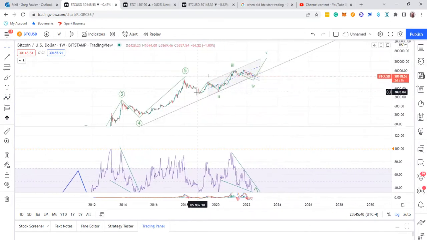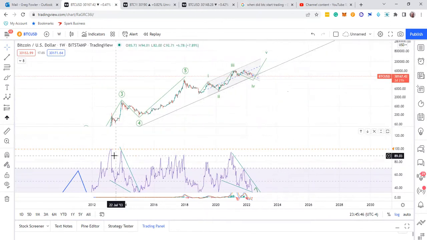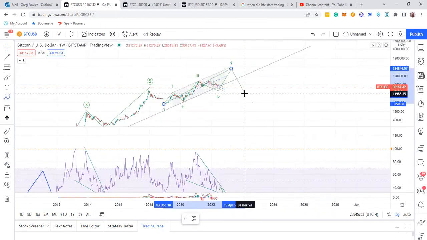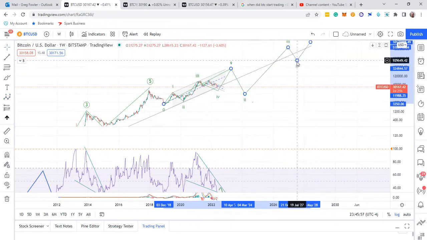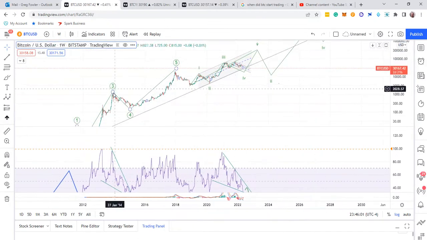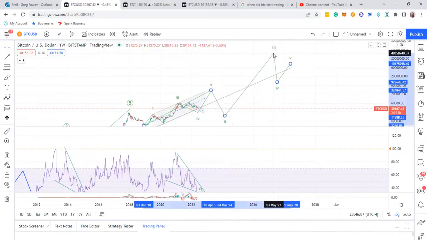Okay, so then this will be 1, and then I'll correct for a 2, and then probably that's where it'll take out this peak more than likely, in my opinion. Right here is going to be 1, 2, and then this third, 4, 5. That third right here will more than likely take out the peak here on those. More than likely, it's what it's going to do right here.